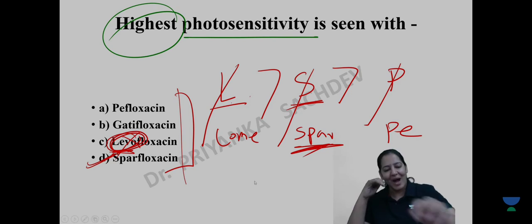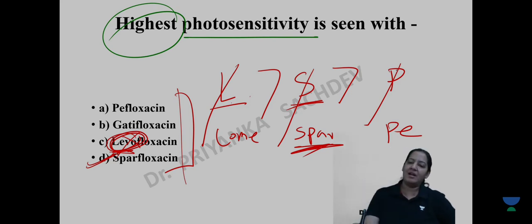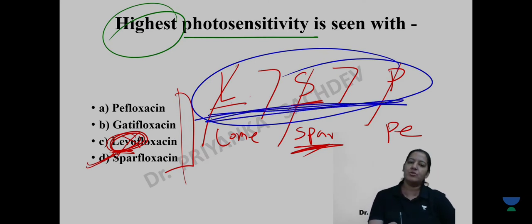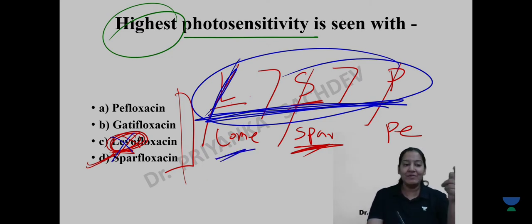Again and again I say the same thing to the student. Learning mnemonic is easy, but saying the full form is difficult. Now LSP सबको पता है. Every student participating in the exam knows LSP. उसने थोड़ी बहुत पढ़ाई भी की है. This is the mnemonic, लेकिन L LEVO नहीं है, L LOME है. ये कितने लोगों को पता है? As soon as you see LEVO in the option, you will get tempted. Oh my God, LEVO is the right answer. No, LEVO is not the right answer.